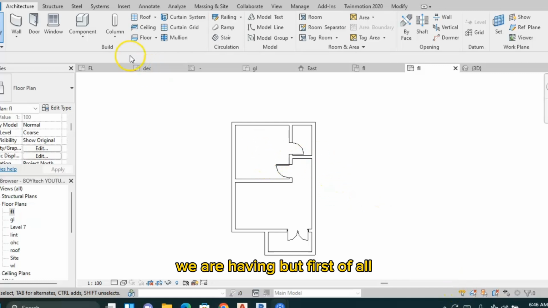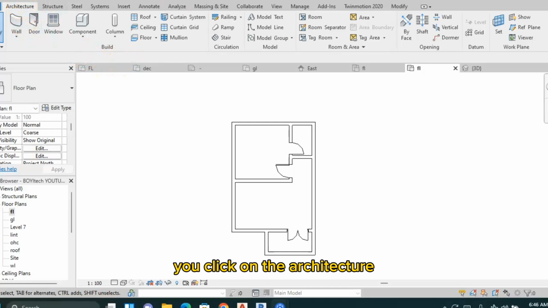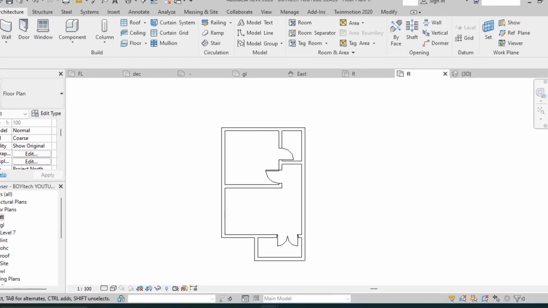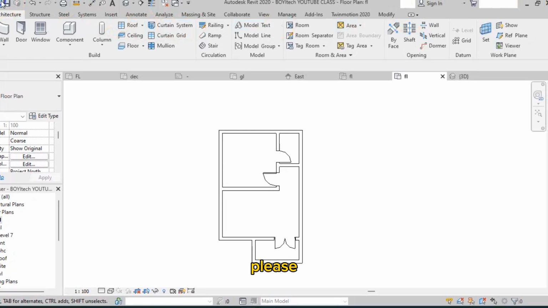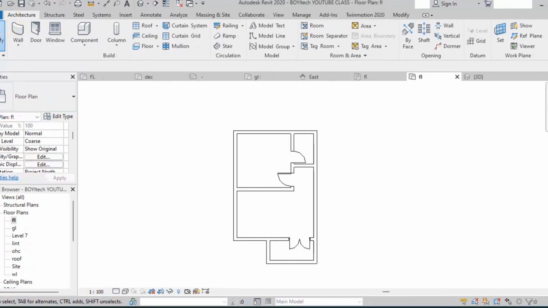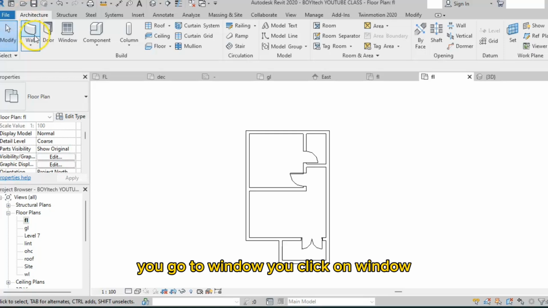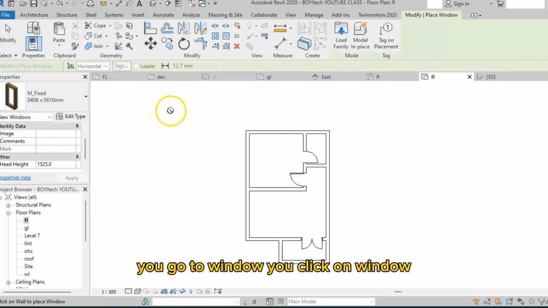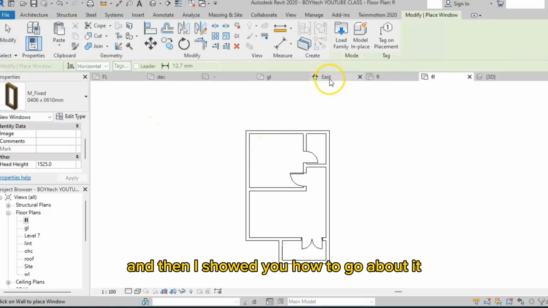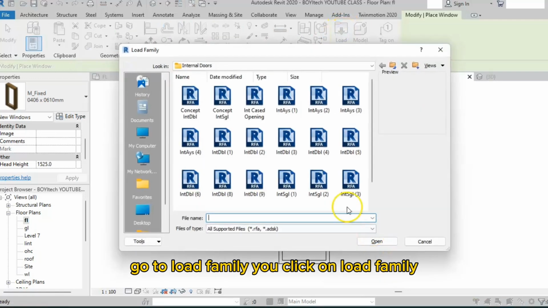But first of all, you need to go to your status bar under Architecture. You click on Architecture. When you click on Architecture, you go to Window, you click on Window, and then I showed you how to go about it. Go to Load Family, you click on Load Family,